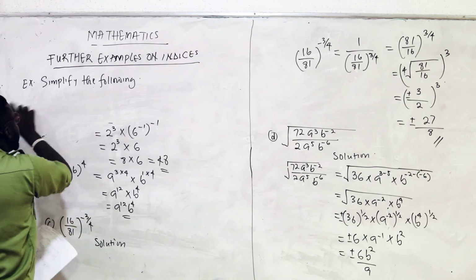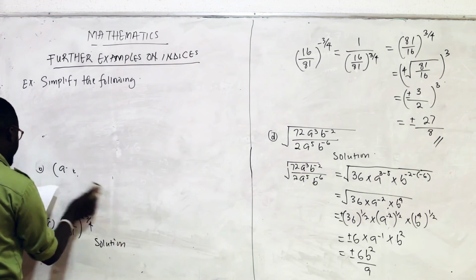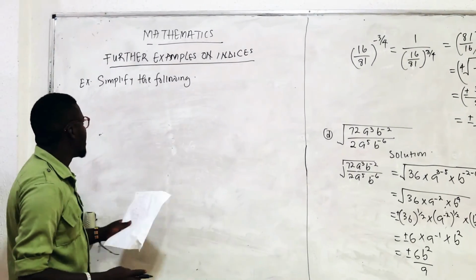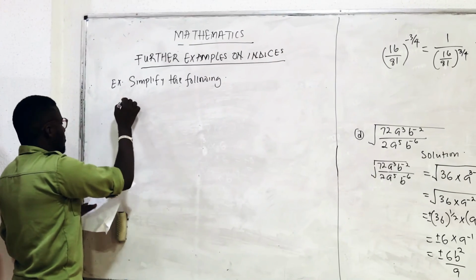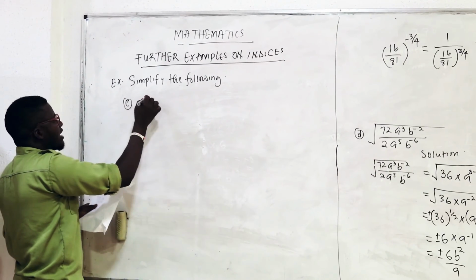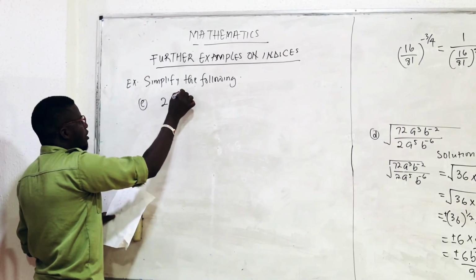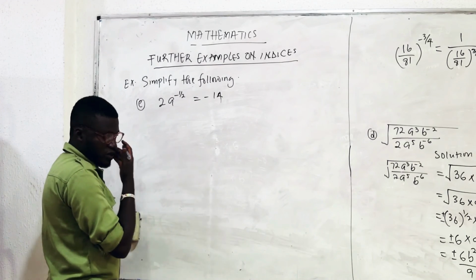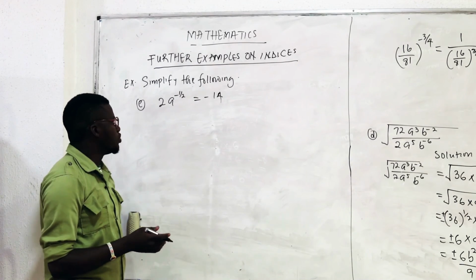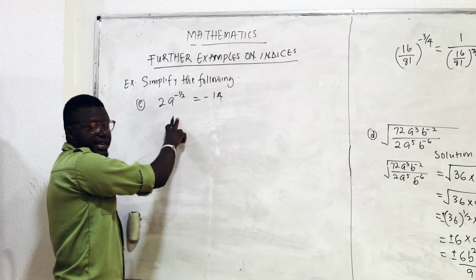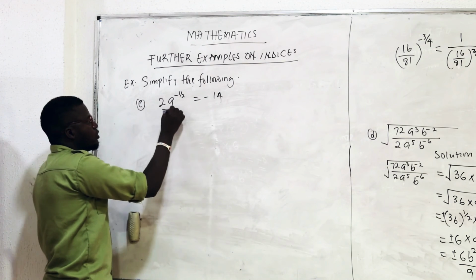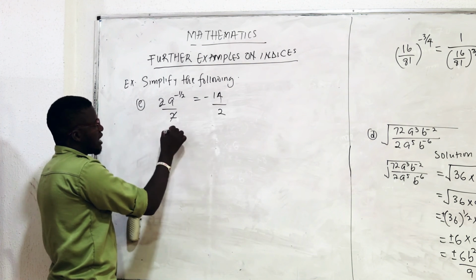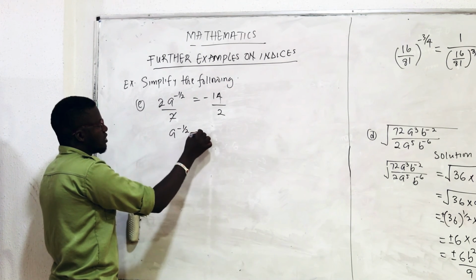So I move to the final example, example E. For the final example, I have 2a raised to the power of minus half is equal to minus 14. So first things first, I need to divide both sides by 2 to make a the subject of the formula because I'm looking for a. So dividing both sides by 2, this cancels this. I have a raised to the power of minus 1 over 2 is equal to minus